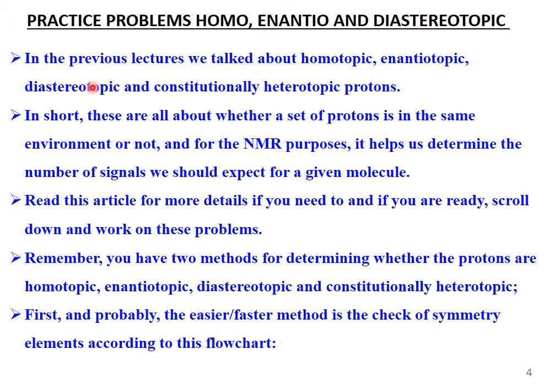In short, these are all about whether a set of protons is in the same environment or not, and for NMR purposes it helps us determine the number of signals we should expect for a given molecule,